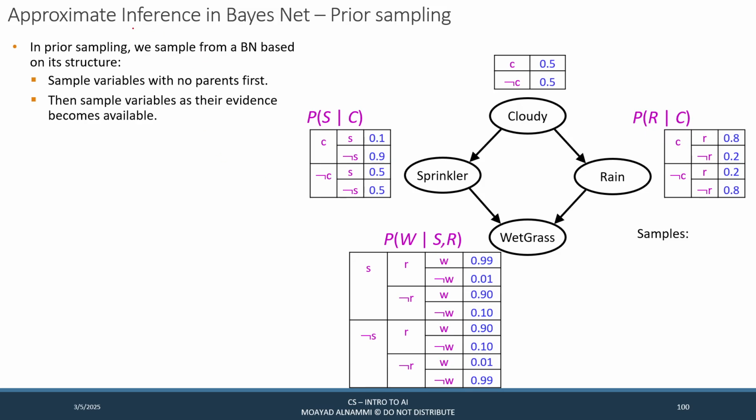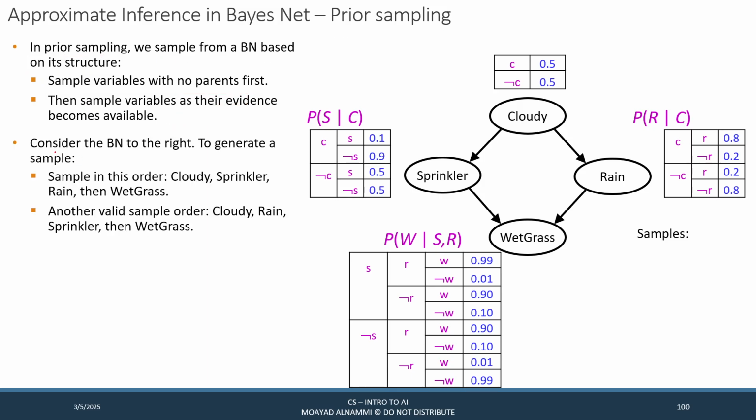So consider this Bayesian network here. You're given four variables: cloudy, sprinkler, rain, and wet grass. Assume these variables are all binary, and this is the Bayesian network for this model. How can we do prior sampling? In prior sampling, we sample from a Bayesian network based on its structure. You sample the variables with no parents first,